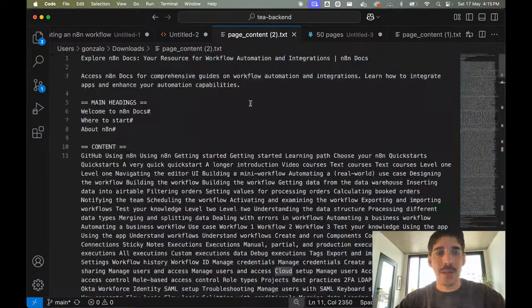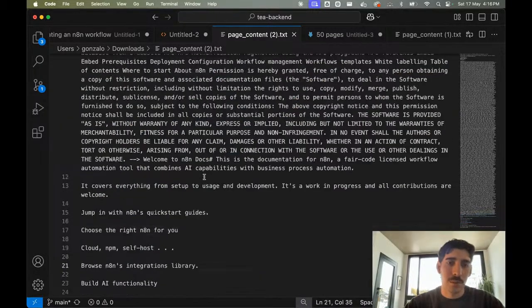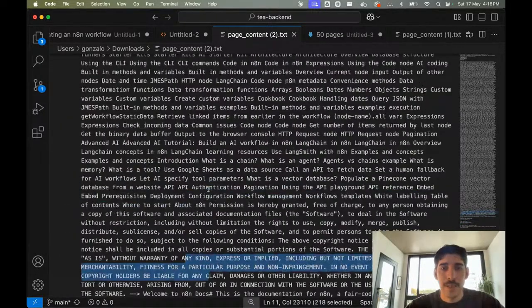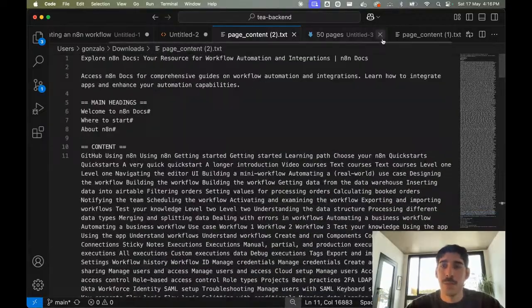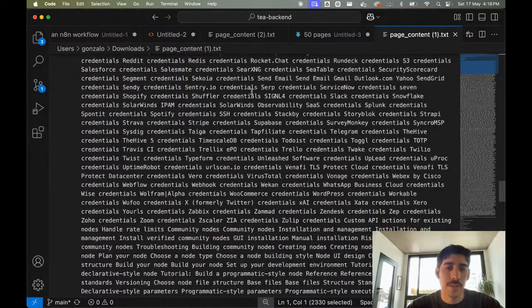This is another test that I did. As you can see, it has so much content within that page. It's just that we are not seeing everything at once. And this one was another attempt.